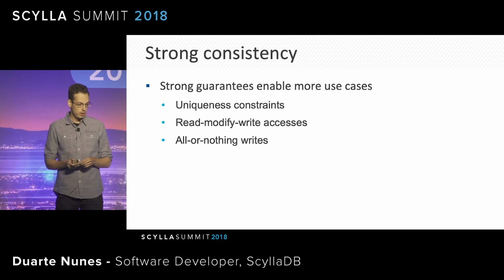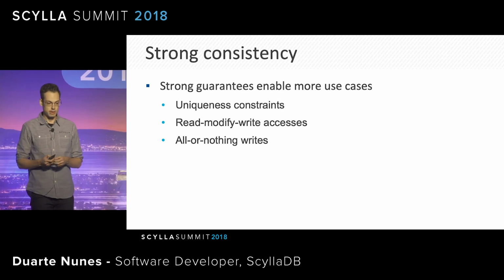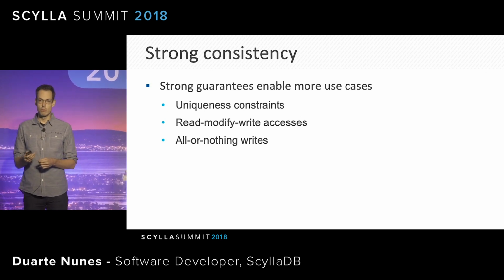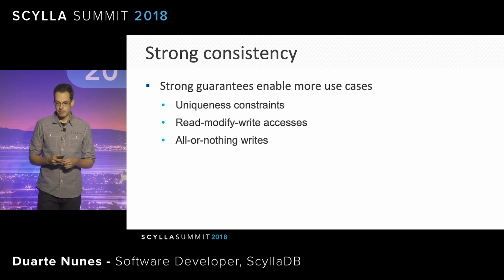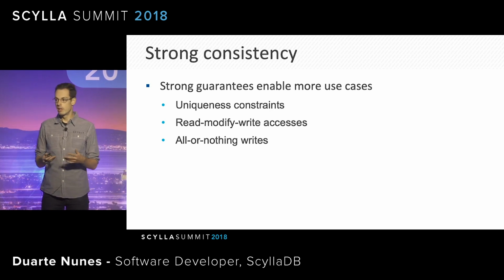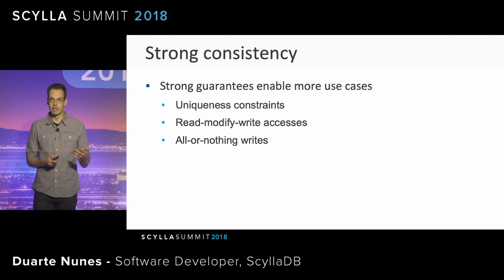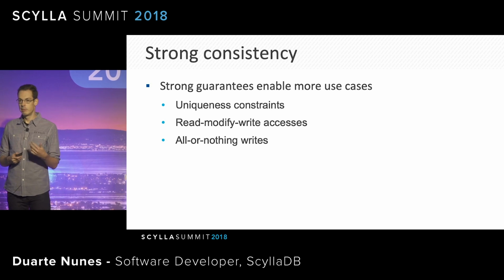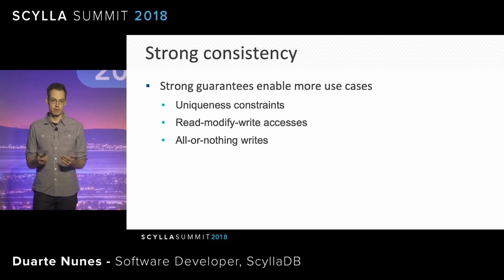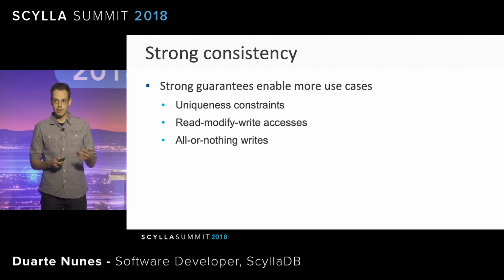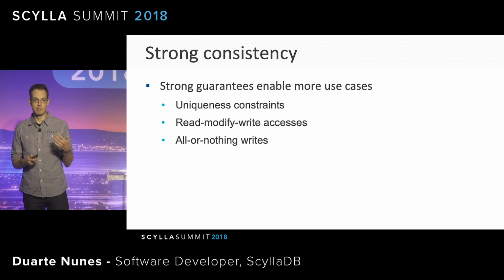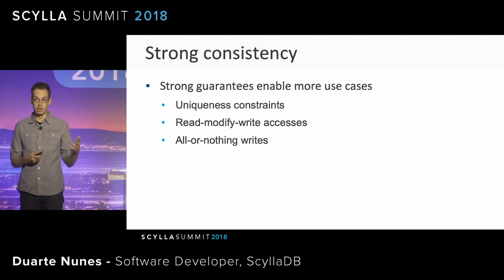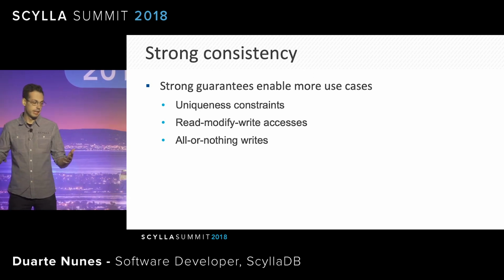You may also want to ensure that your changes are all or nothing. For example, today, if you do a quorum write and it fails, it doesn't mean that the value won't enter the system. Even if one of the replicas acknowledged the write, then eventually through repair and read repair, that value will propagate throughout the system. So if a quorum write fails, it just means that at that particular point in time, we weren't able to achieve the desired consistency, and it has implications. It doesn't mean that the value won't appear in the system later.